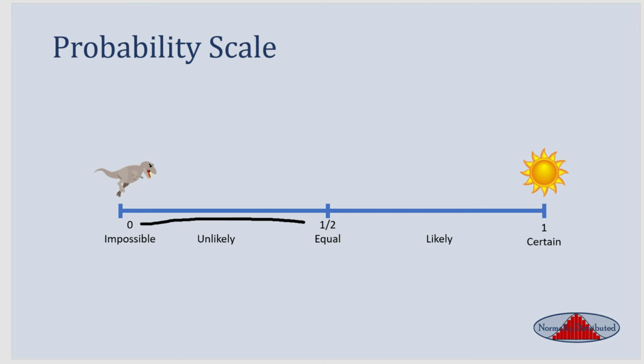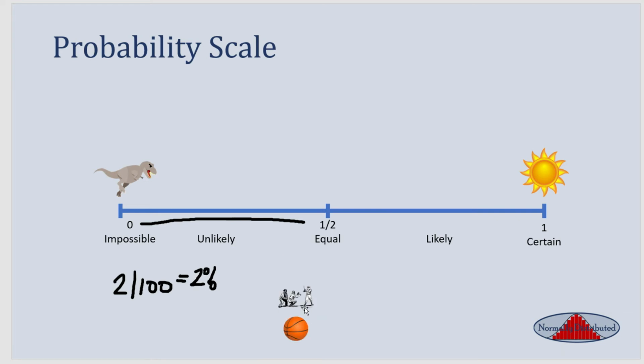One example of this is whether or not Bryce Harper will hit a home run when he goes up for an at-bat. Right now, he is averaging 2 home runs for every 100 at-bats, which gives us a probability equal to about 2%, actually exactly 2%. And so we would say that the chances of Bryce Harper hitting a home run are going to be unlikely.